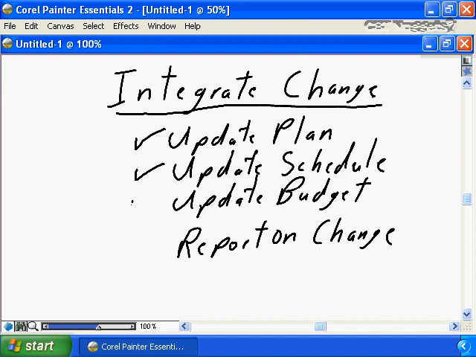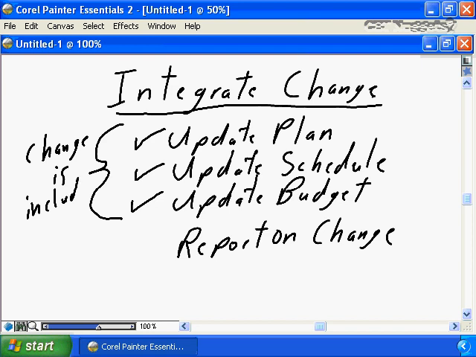You need to update the project budget. Are there extra costs associated with integrating this change? You need to update the entire project environment to ensure that the change is included. And then you need to report on the change. In your next status report, your next weekly status report, your next monthly status report, you need to inform all the